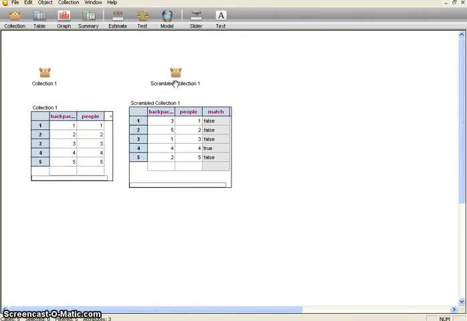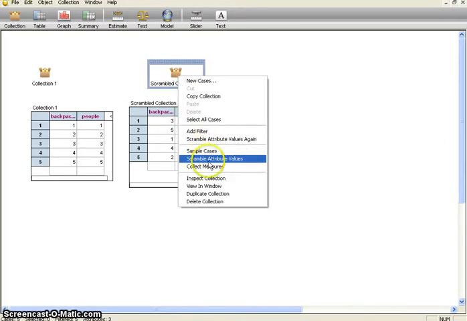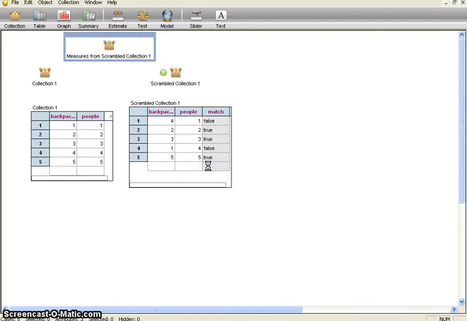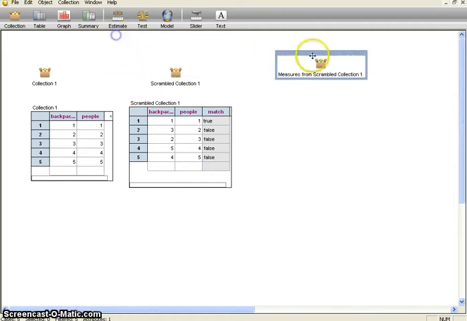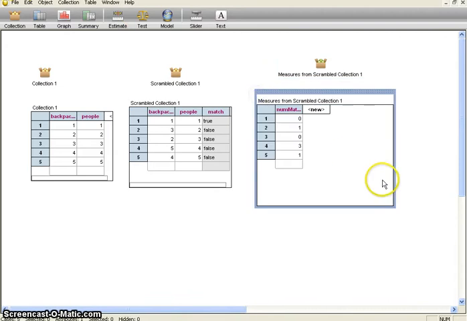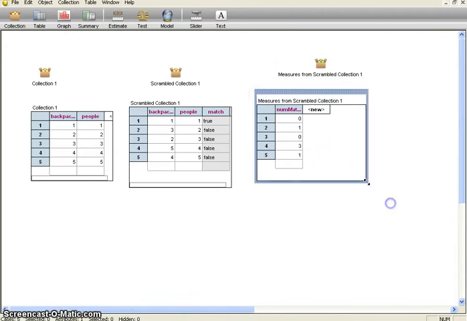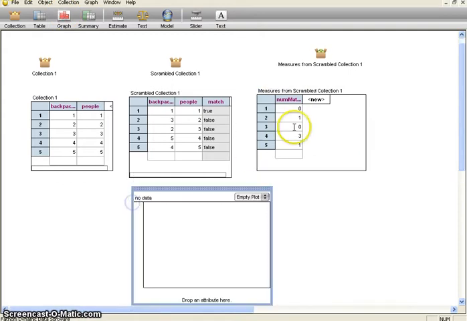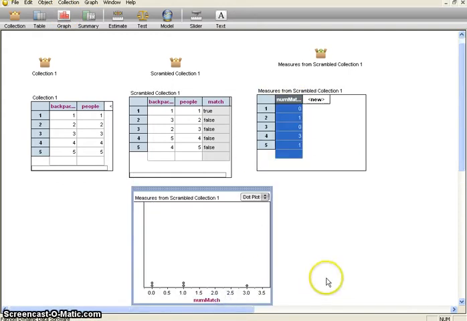Okay, so now we need to run a few trials. So we're just going to collect some measures. So now we have this. Let's make a table for this and see what happened. We had 0, 1, 0, and then 3, and then only one match. So we just want to make a graph for this, a dot plot, to see how it looks. This isn't very good. We didn't get any 5 matches,